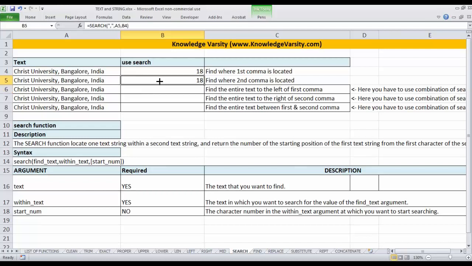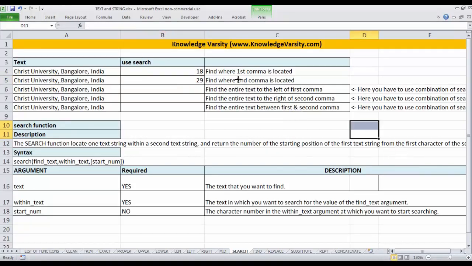It means it starts searching from here, finds the comma, and gives me that. So I don't want to put 18, I want to put 18 plus 1. Now you are saying that from here you give me the comma. From here the next comma is here, so that's why it has given you the second comma's location.